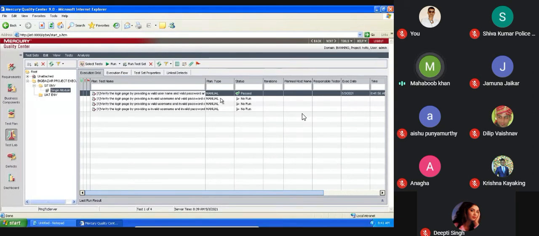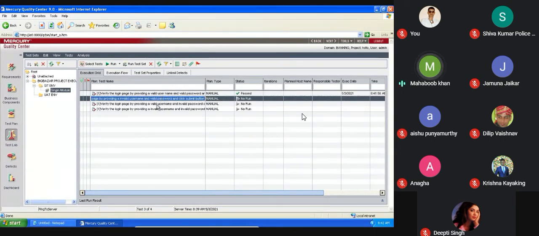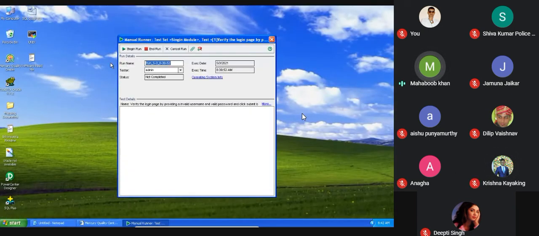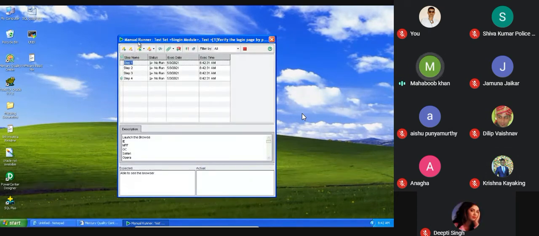Any questions on this, guys? On all the test cases. Now we will try to fail one test case and see. Imagine you want to run the second test case. Can anyone tell me how to run this case? Click on Run, sir. Yes, I clicked the Run button. A pop-up appears with Begin Run, End Run, Cancel Run. So what do I need to do? Click Begin Run. Once I click Begin Run, the manual run starts.